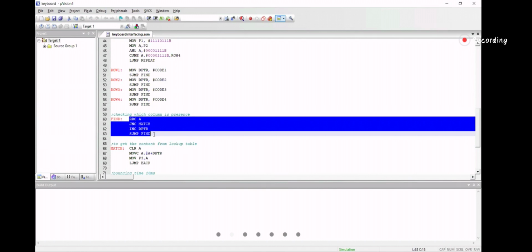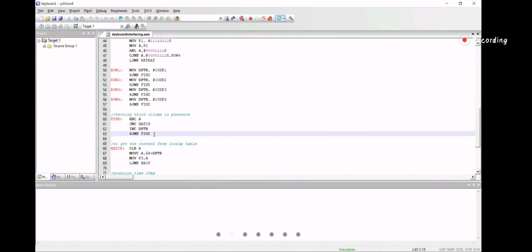RRC A. What is RRC A? Rotate right with carry. Do you remember? Until the carry is 1, it will repeat this loop.